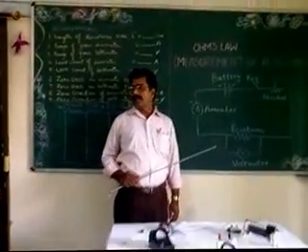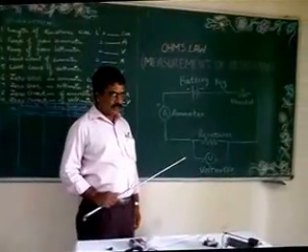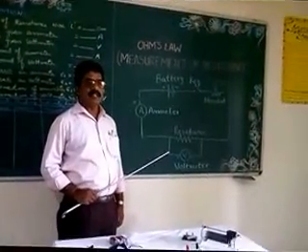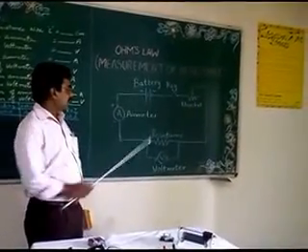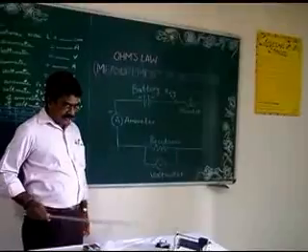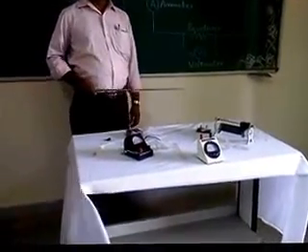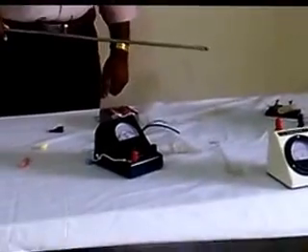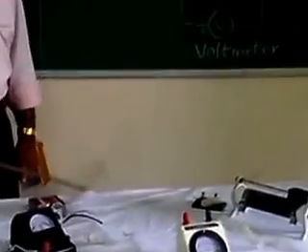Yesterday, in the last class, I demonstrated the Ohm's law experiment, how to connect the various components related to it. This is the circuit diagram, whereas these are the various components which are connected over. However, to recap, once again I am explaining how these are connected. Just follow the circuit diagram.